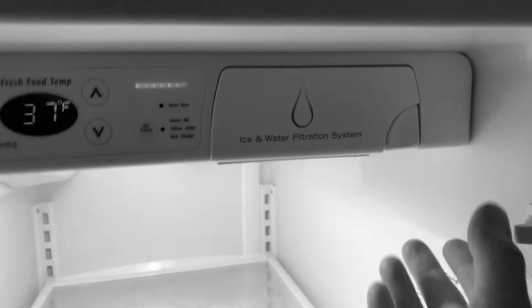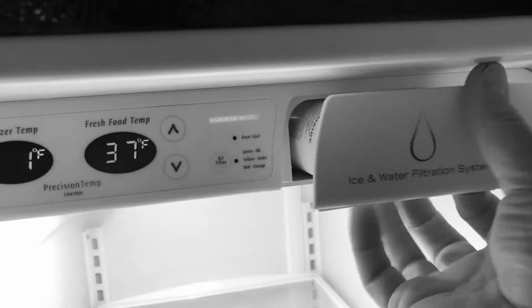Step 3. Install the new filter. Push this button to take the old filter out and simply put the new one in. Or how to unclog the dishwasher. Another thing is filter cleaning. There is no need to clean it on a daily basis, but I do recommend doing that once every 3-4